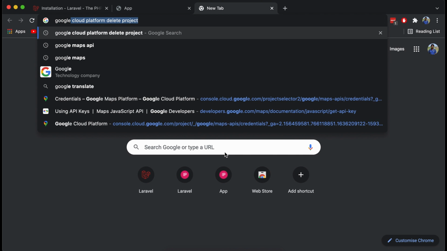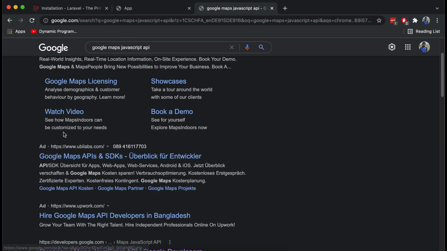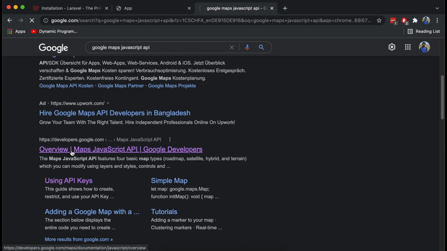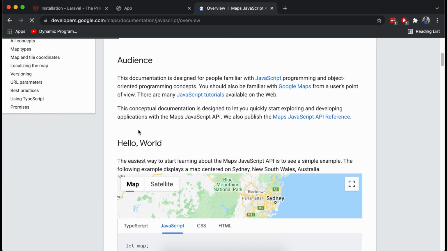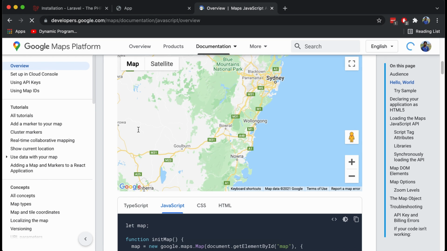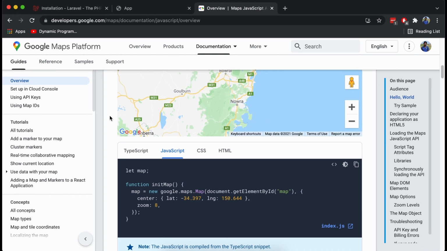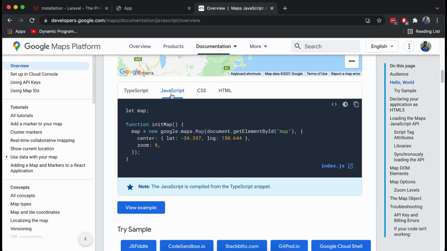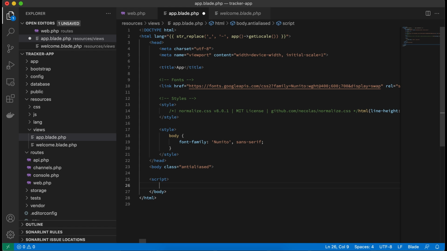So I'm going to search for Google Maps JavaScript API. Okay, let's go to the overview of Google Maps JavaScript API. This is the most simple example, like the Hello World example, the easiest way to start learning about a simple example, as they say. So what we are going to do is copy this JavaScript part from here. Copy. We're going to go to our page. The way you can bring JavaScript in is